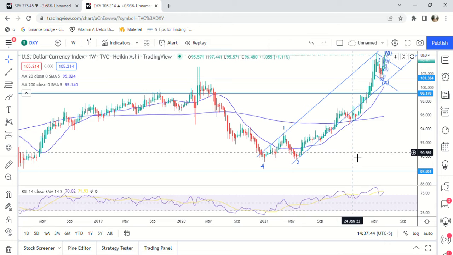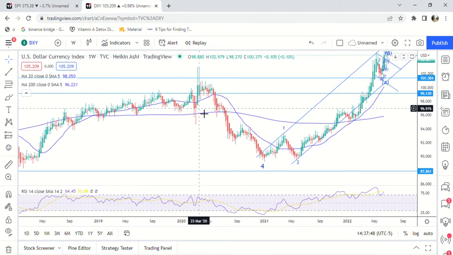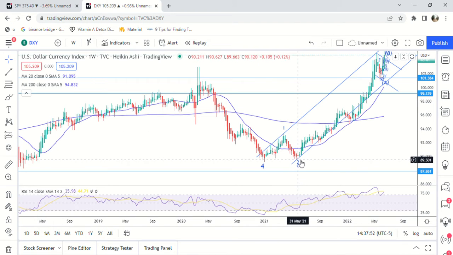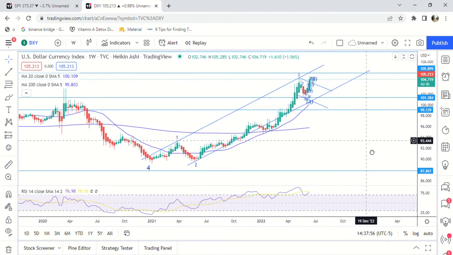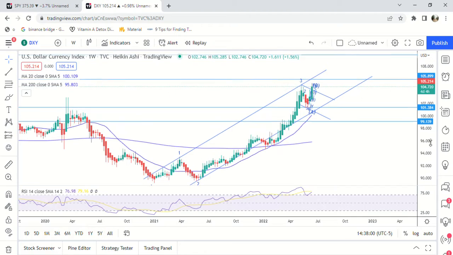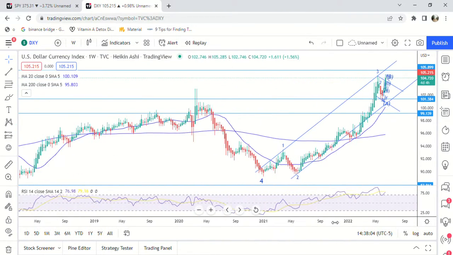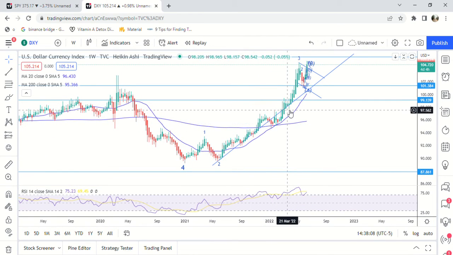So then we get here on the weekly chart, and we have a first wave here, second wave right here, and third wave presumably right here. Let's zoom in on the second wave and just go through the count.